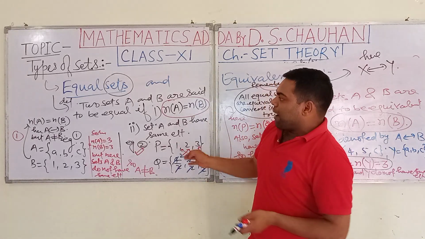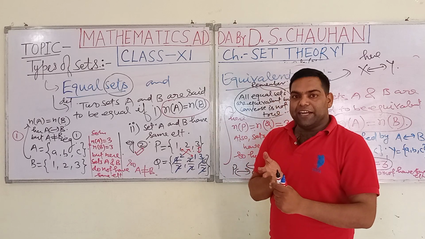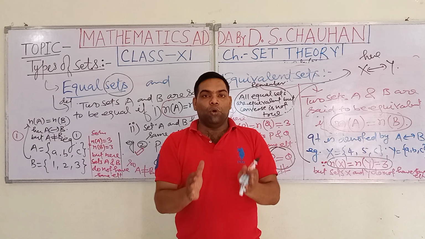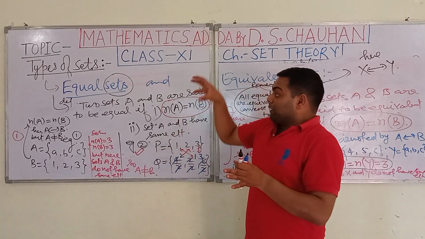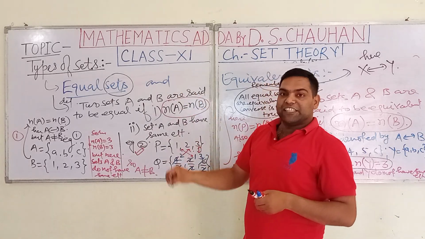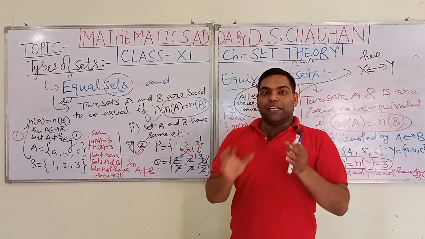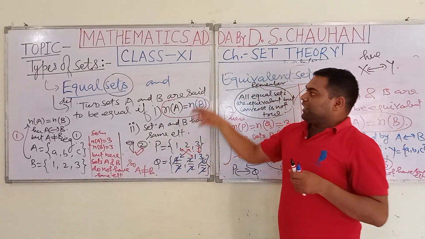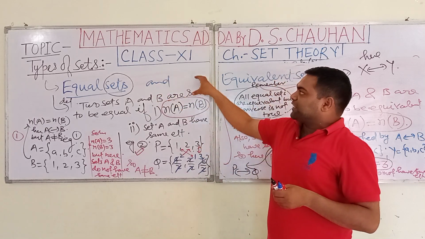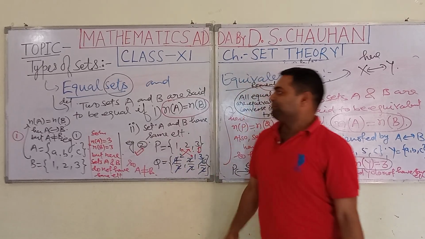In this way, students, in today's lecture, I have clearly described the types of sets. In general, there are two types of sets, empty and non-empty, and then further under the non-empty sets, I have described the following: singleton sets, finite sets, and infinite sets, equal and equivalent sets. I hope all of you have enjoyed this lecture, and I hope all the points of this lecture are clear to all my students.